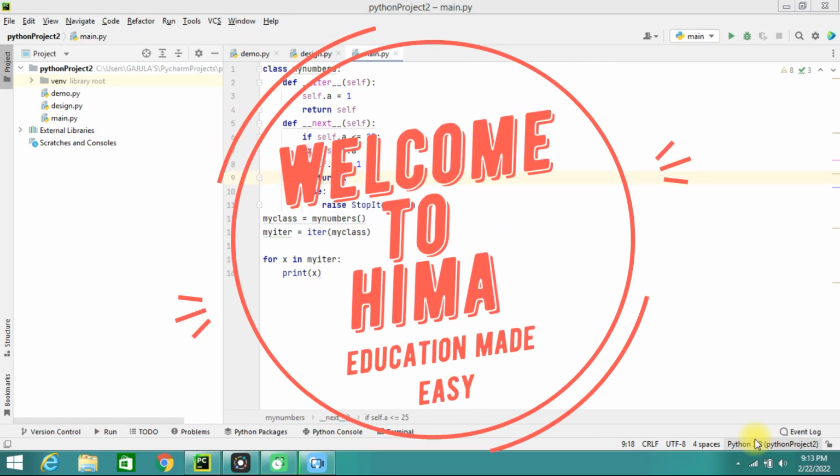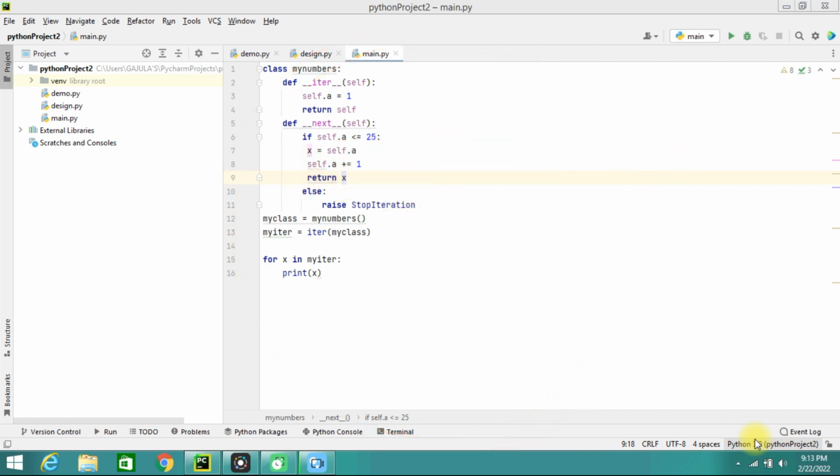In the previous video, we saw what a Python iterator is and how we are going to use these iterators, how we use the for loop and how we access the next element. So this is what we have seen, and in today's class, we'll be going with